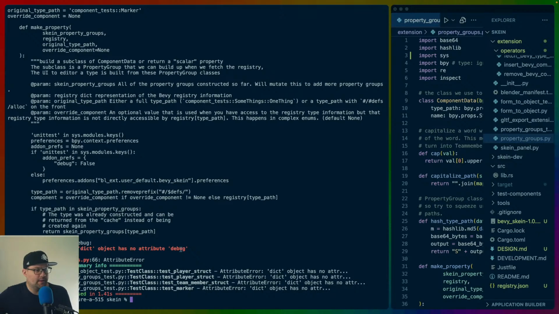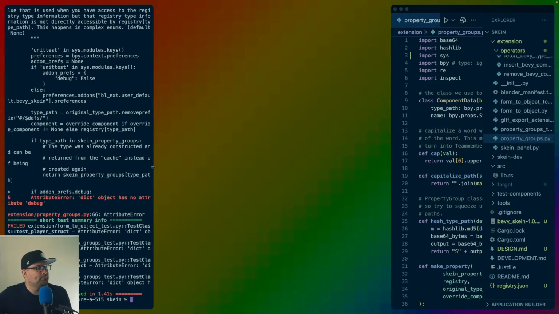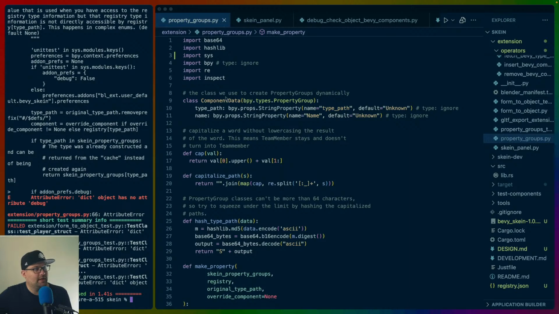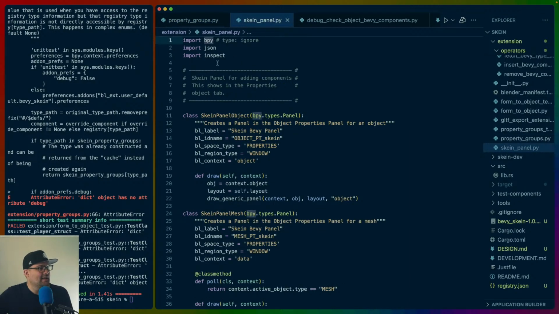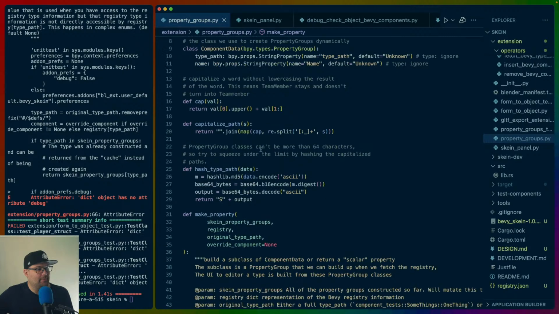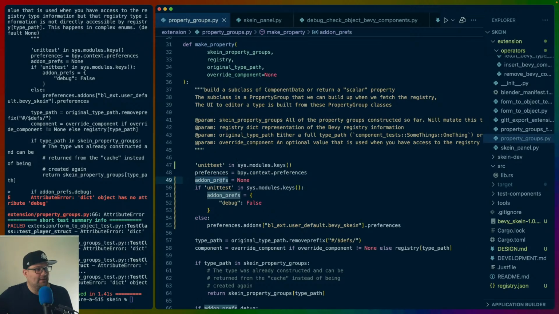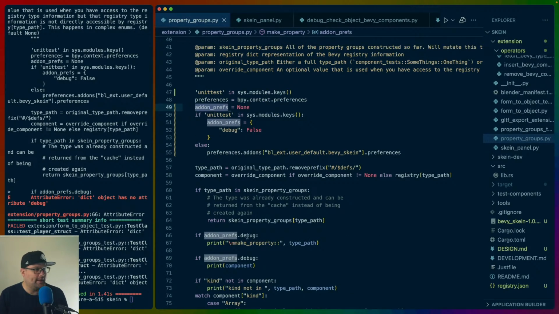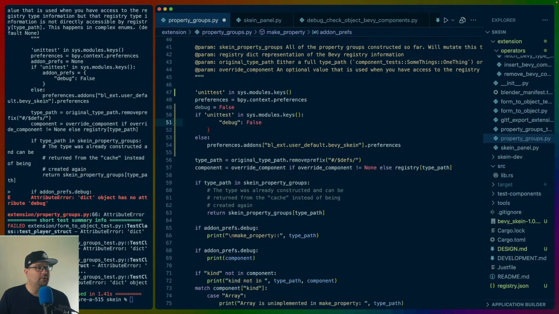Wonderful. So, okay, no attribute debug. How do we make this an attribute on that object? Maybe I set the property up top. Maybe we get that directly from prefs, and we don't do add-on prefs.debug. Maybe we do debug equals false, and then we do nothing